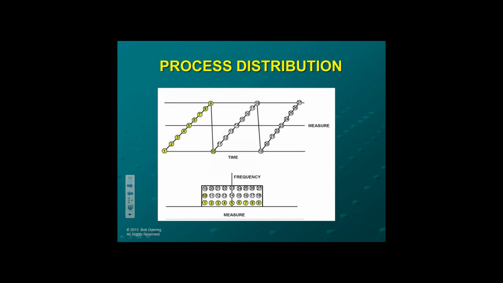If you take a look at the sawtooth curve as a frequency, you'll note that the dimensions get larger and larger and larger, and then they return to smaller when you make the adjustment, larger and larger and larger, smaller. And the distribution that you result with is a rectangular distribution, not a bell curve distribution. That means that this sawtooth curve generates a non-normal distribution. Is it stable? Well, a rectangle is pretty stable, so we're going to say that it is at this point.